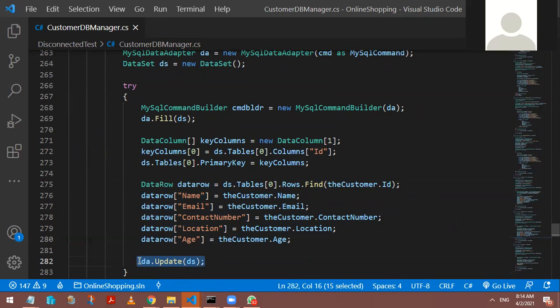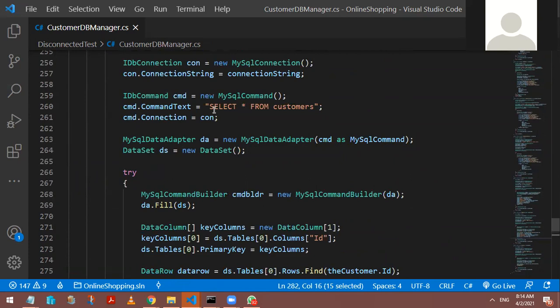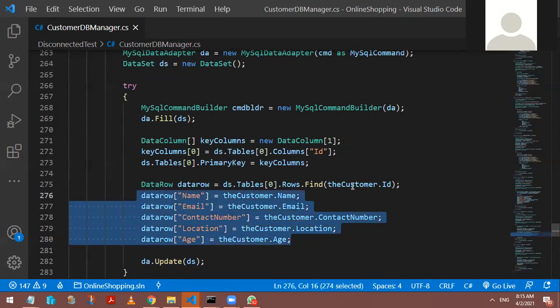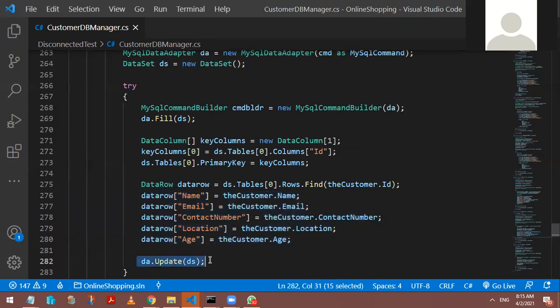For example, think about in this application, if you have used select star from customers, you might have received 100 records, but only one record is updated. That doesn't mean the update function sends all those 100 records. It will only send that record which has been modified. That means the record has become dirty by its data changes. Only that record will be sent back. So only one update command would have been sent. Rest of the data will not be sent back. And the database will take care of updating only that record which has been sent to you. This is a very intelligent function implemented by this update function.